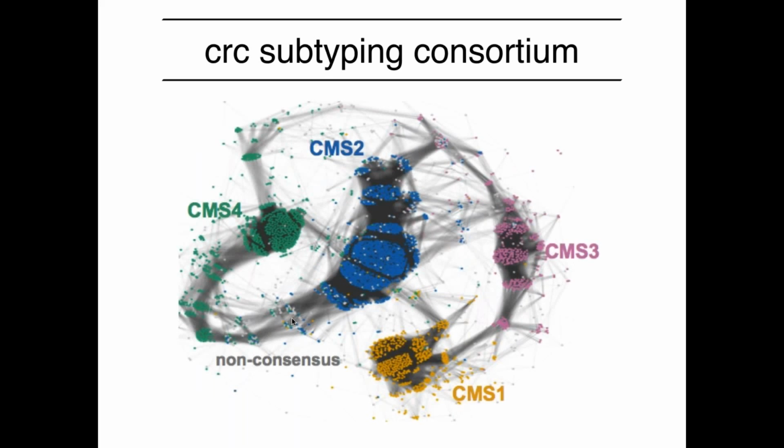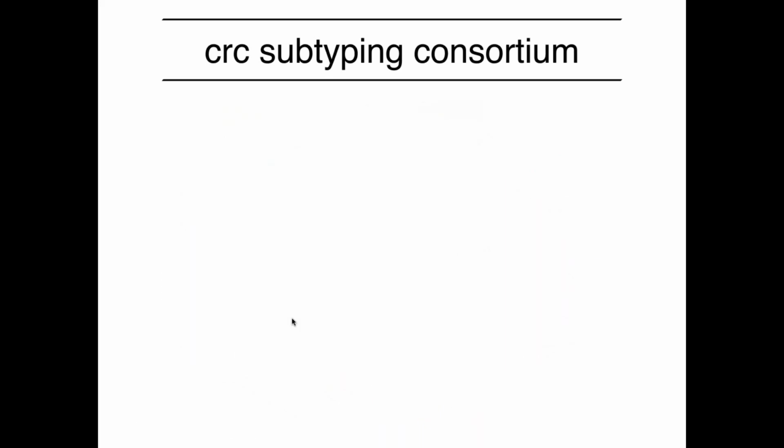It didn't necessarily matter what algorithm you were using to generate the subtypes. The differences were being seen because each one of these groups only had a small set of samples that they were looking at. And so until they had access to these additional data sets, there was no way to drive consensus as far as what was being seen.